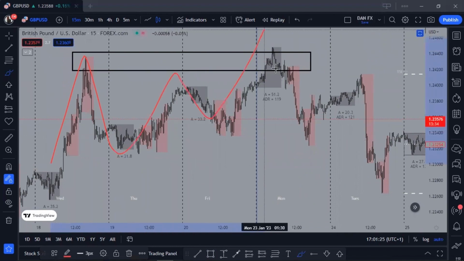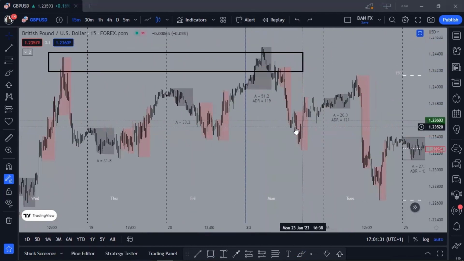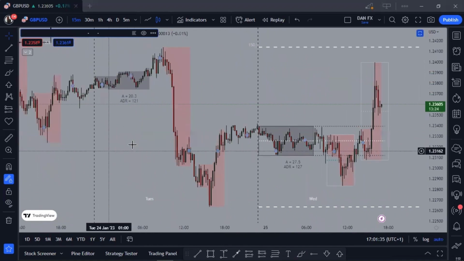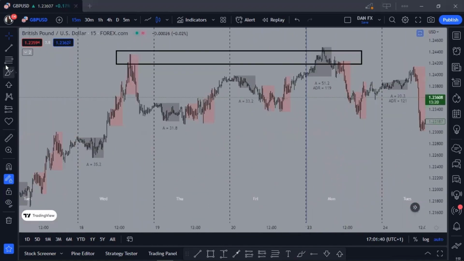We have an M formation like this, right? It's kind of messy, but it's an M formation. And in fact, this was the trade I took on Tuesday. Yeah, today is Wednesday, so I took this trade on Tuesday. So after the M formation,